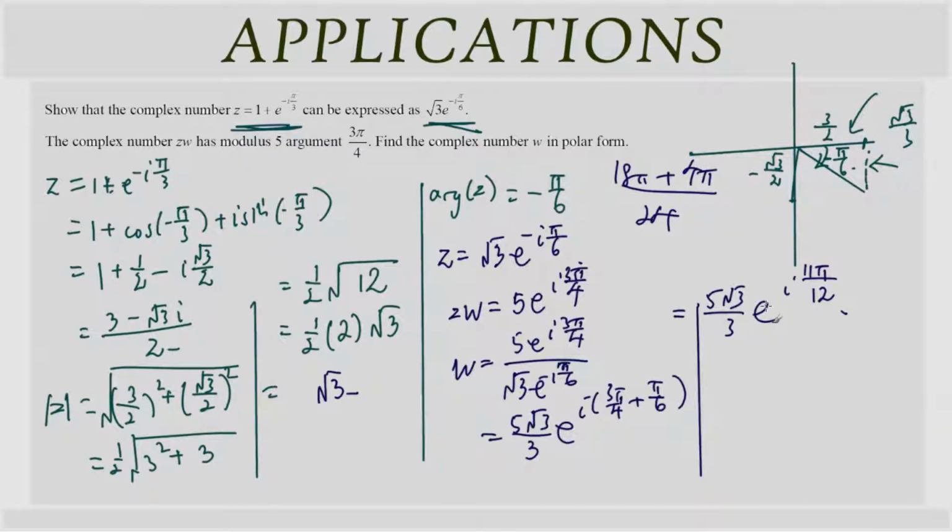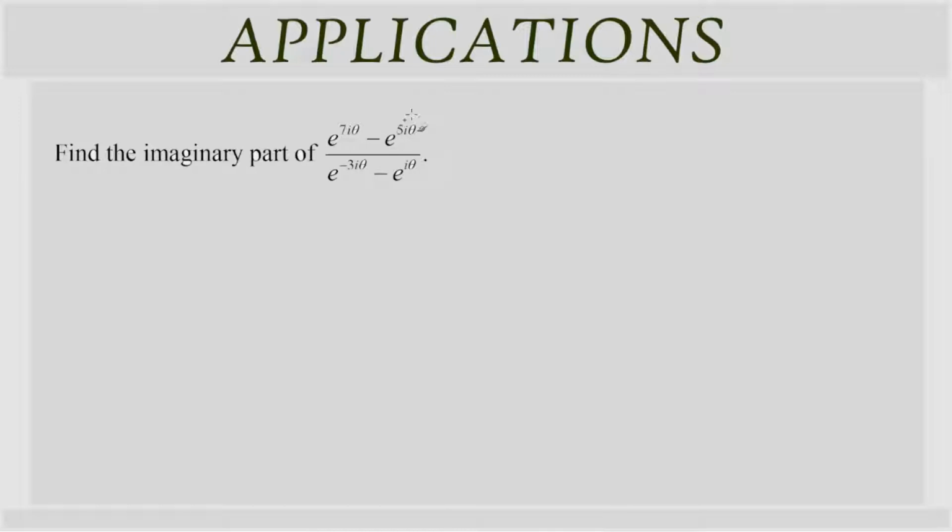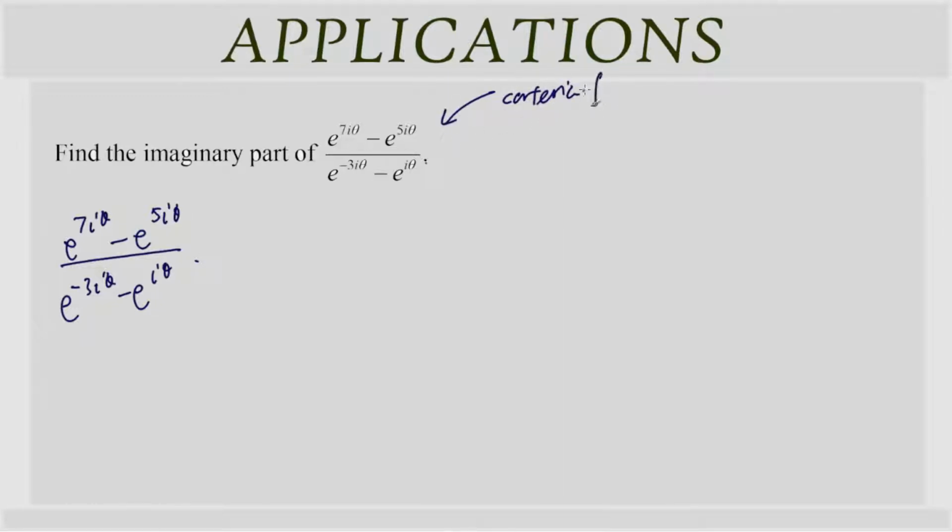Right, moving on to the next question, we have: find the imaginary part of this chunk over here. Now, we have e to the power of 7iθ minus e to the power of 5iθ. How on earth do you actually make this easy for you? When we want to know the imaginary part of this, we need to change this into Cartesian form. And it's much easier to work with conjugates because we have e to the power of iθ plus its own conjugate,